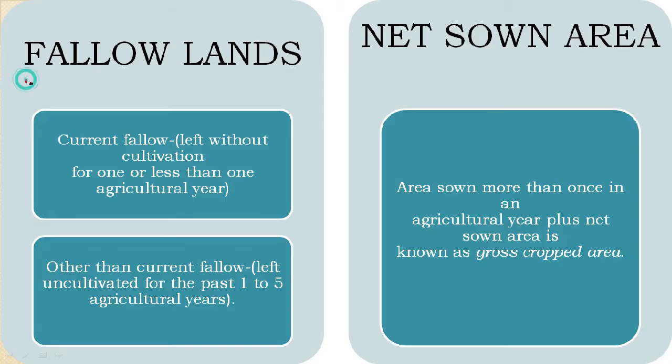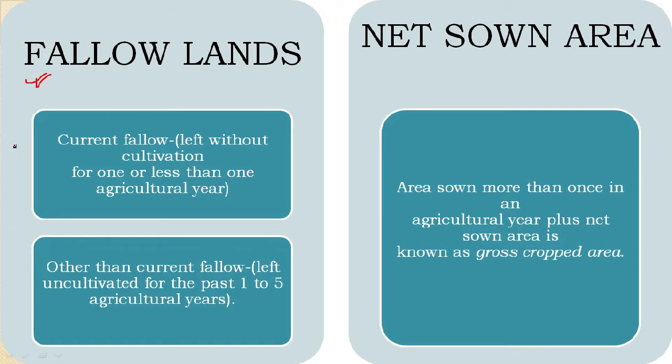Now what are fallow lands? Students, you might be well aware of shifting cultivation or primitive subsistence farming or slash and burn agriculture. When farmers cultivate a certain patch of land, after cultivation they leave that land, they burn that land and they shift. So that land which is left behind for a certain period of time, that period could be 1 year, 2 years, 6 months, etc. That land which is left behind is known as fallow land.